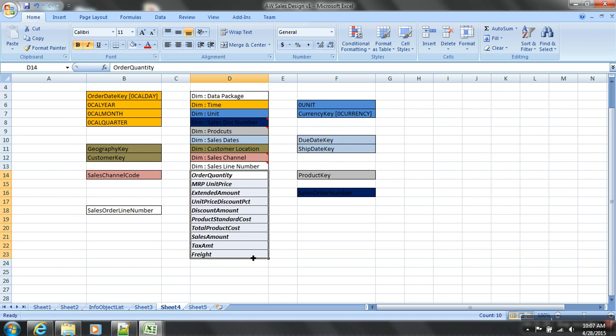This is my cube, and each characteristic, let's say geographic, will again have an attribute table and a text table, which are separate. This is my cube. The cube will only connect to what? Characteristics. And a characteristic will have its own attribute table, text table, and hierarchy table. That's the concept.